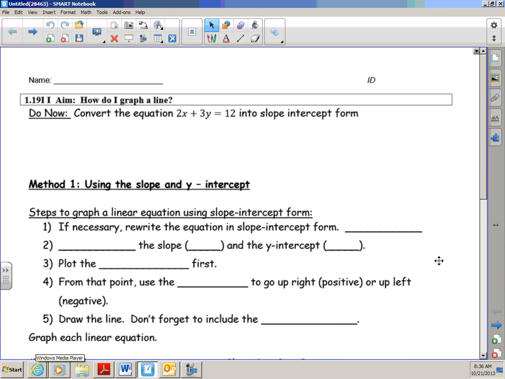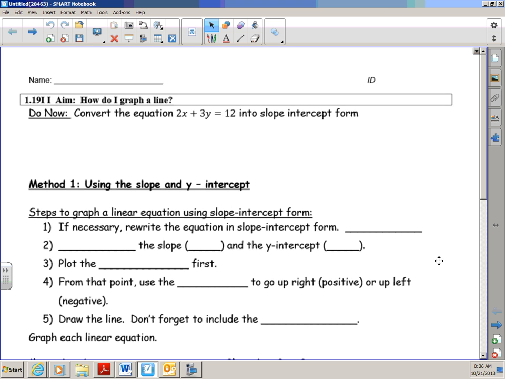The purpose of today's lesson is to understand how to graph a line under three different methods. You're going to take some of the strategies we learned on Friday and apply them to now graphing a line. But before getting into that, the do now says we want to convert the equation 2x plus 3y equals 12